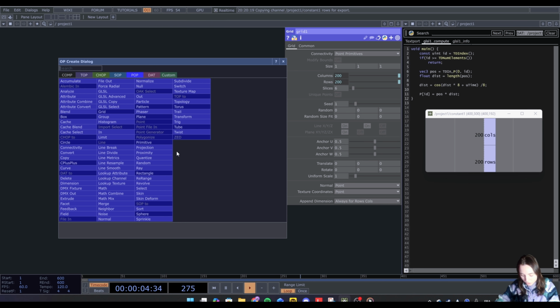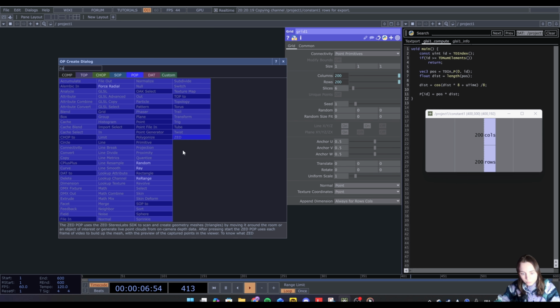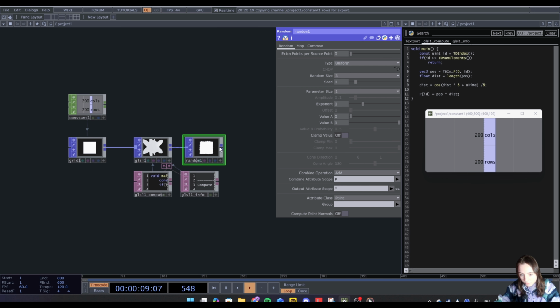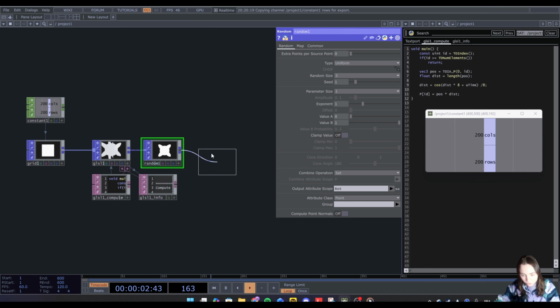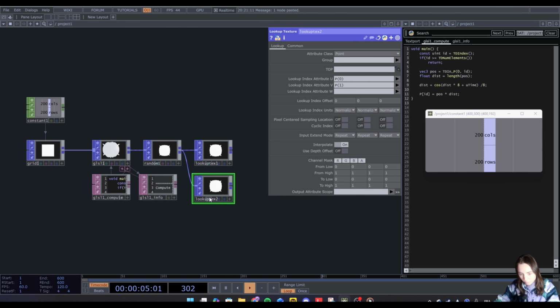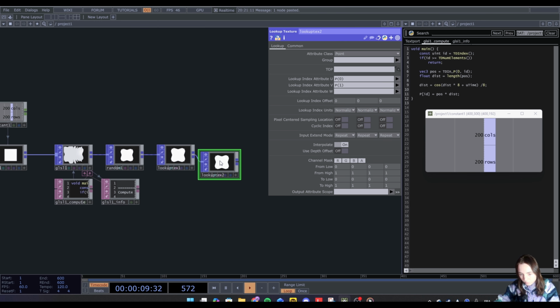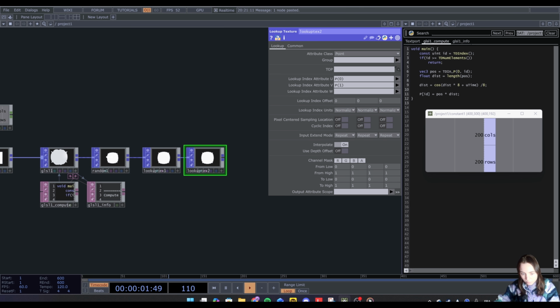We will attach it to random and change the combine operator to set. We will have a row attribute. Then let's grab a lookup texture, copy and paste, so we will have two. Okay, now what we want to do is